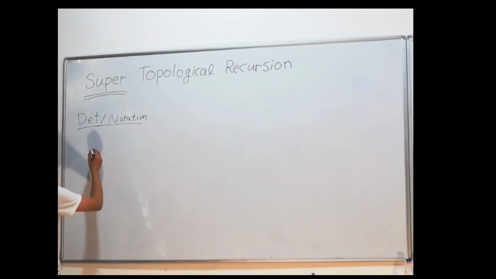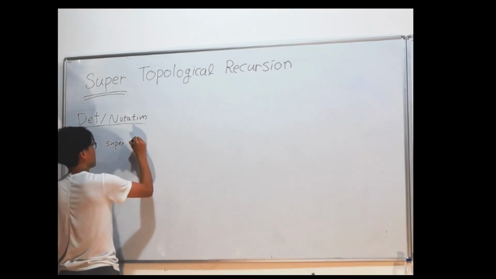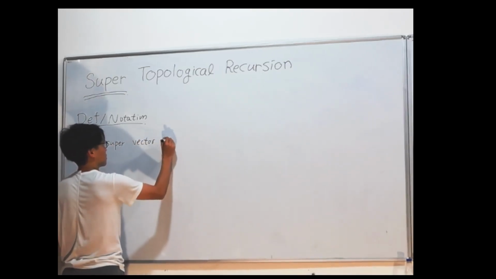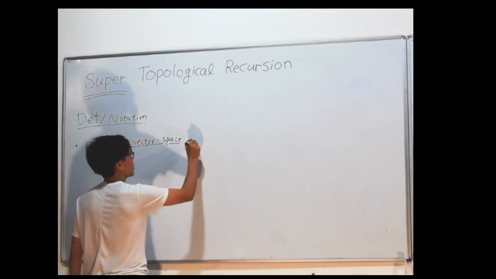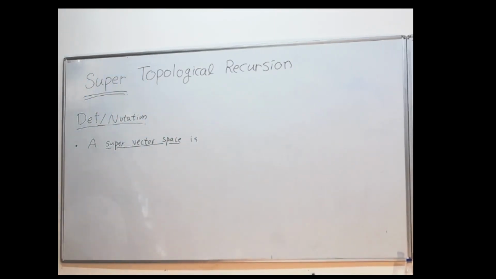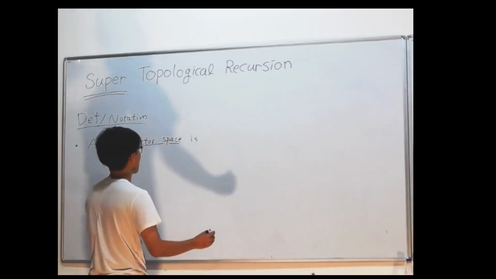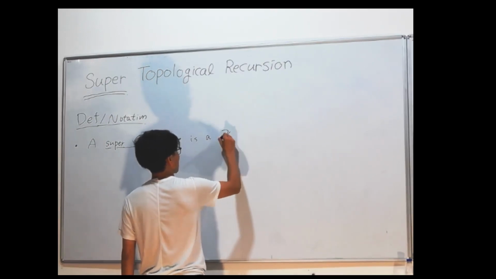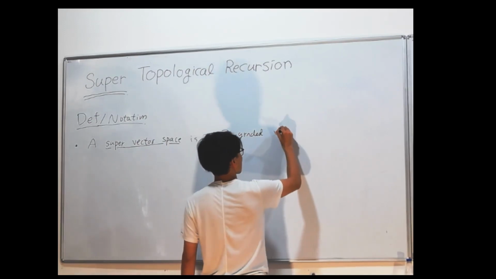I'm gonna have a bunch of stuff, so I'm not gonna write "definition" every single time. A super vector space is just a Z2 graded vector space. That's it. So it has nothing to do with anti-symmetric and so on at the moment. It's just a Z2 graded vector space,